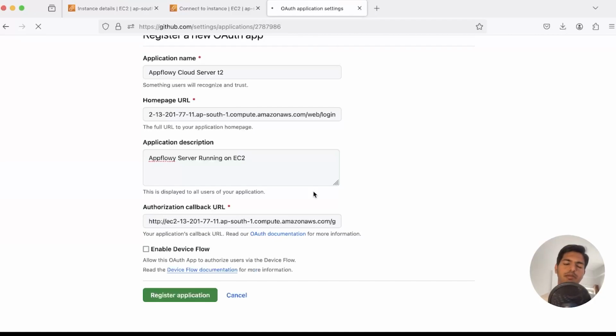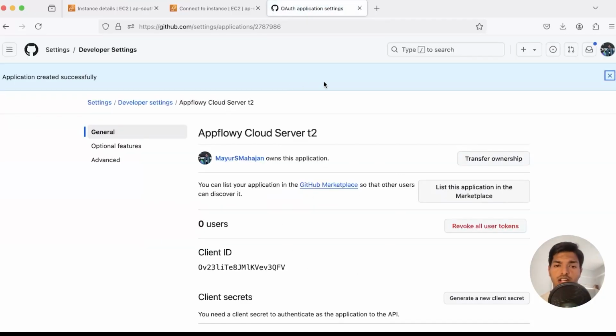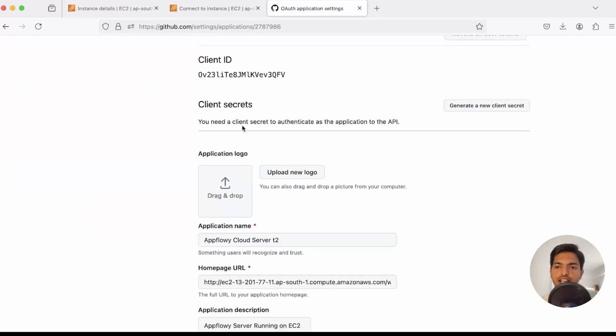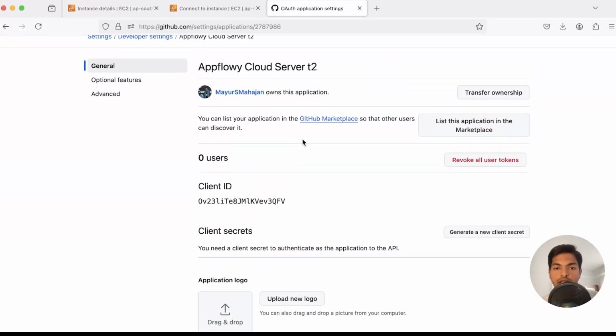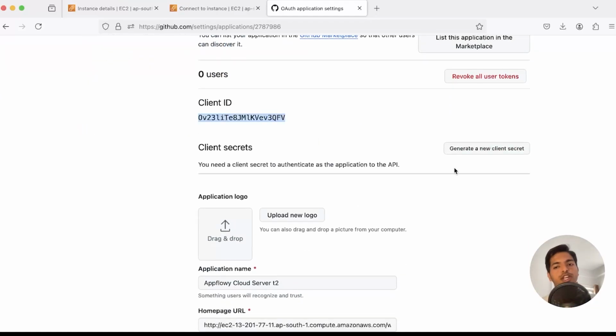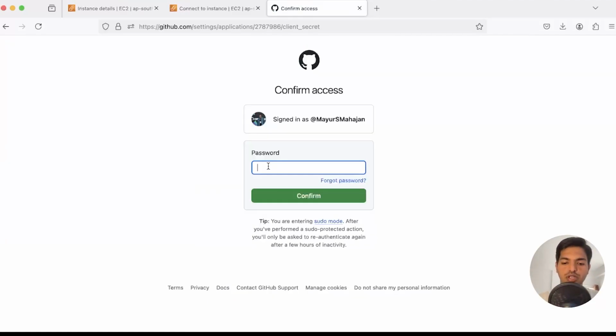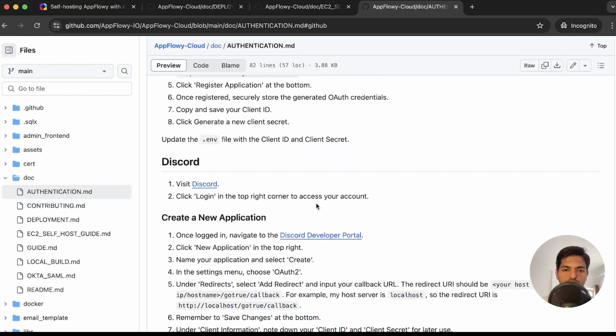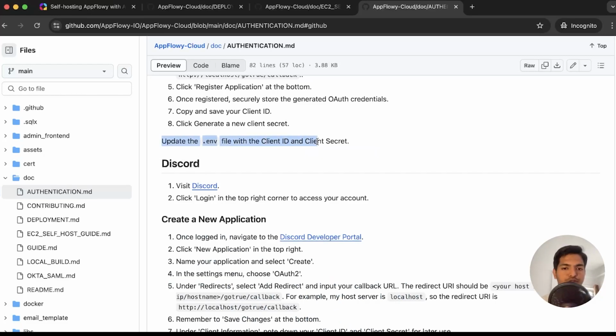So once you click the register application button, you can see that the OAuth application settings are completed, and we can use the client ID and the client secret for enabling OAuth authentication in our AppFlowy-Cloud server. So we already have a client ID. We need to create a client secret. Okay, so now we have a client secret. We have a client ID, which we are going to paste in our .env file. So once that is done, all we have to do is update the env file with the client ID and